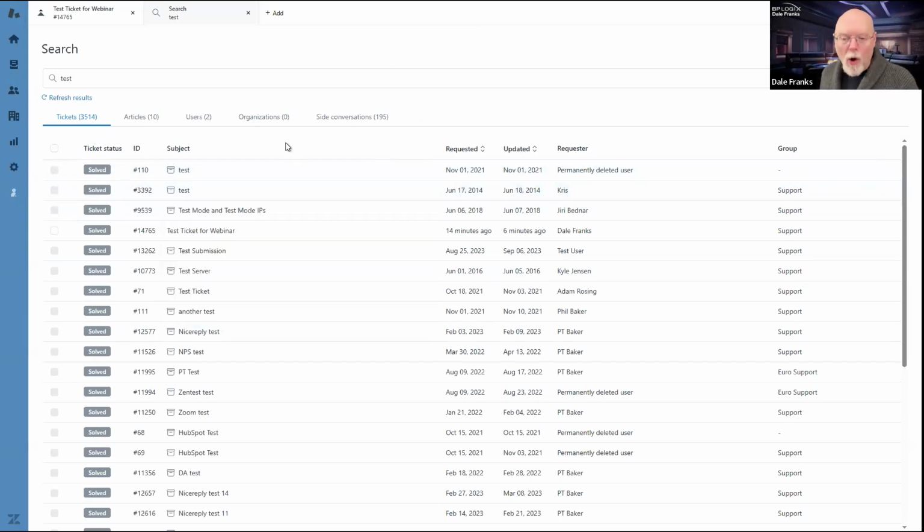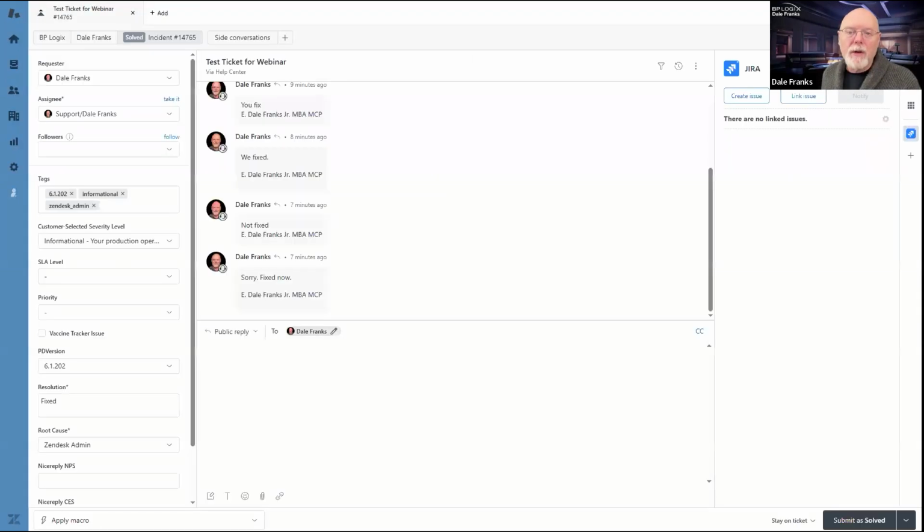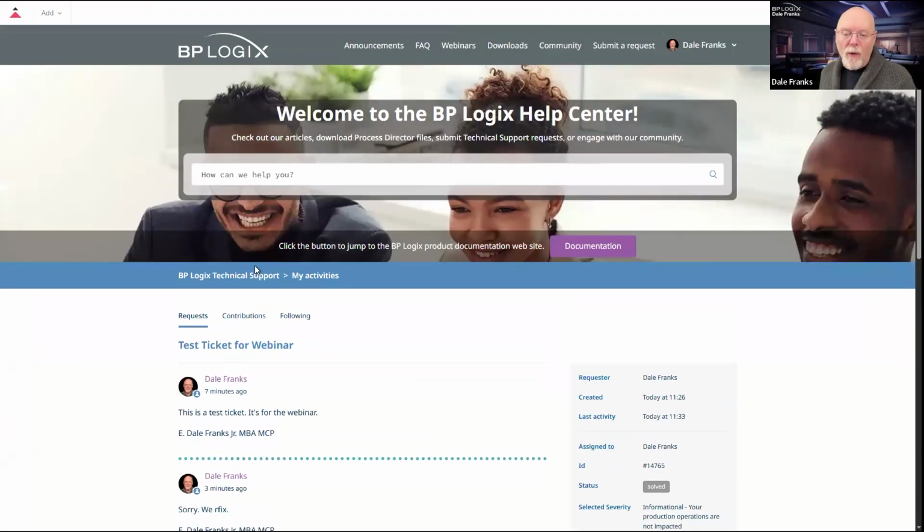All right, finally, while not a support issue, do please use your support form whenever you need to add a new user to the system. You can do it through your account rep, and your account rep will then tell me, and I'll have to do it anyway.